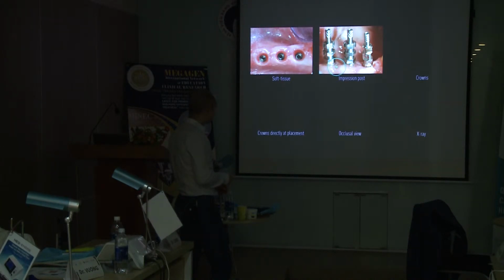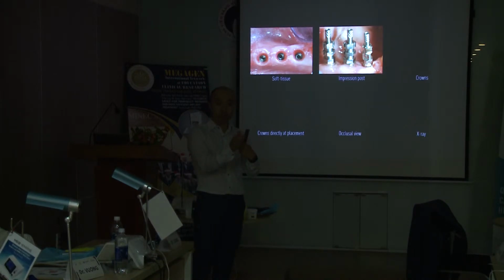Another nice thing is about these impression posts. These are actually the older impression posts. Newer impression posts of magnesium have asymmetrical chambers. Because in this part, and this is like every other implant system, when you place the silicone here, sometimes the silicone doesn't get in the chambers. So after you take out the impression, your impression can move, and that will change the hexagon position of your crown, so it will not be fitted correctly. With the asymmetrical chambers, your silicone will get here, here, here, there's no more rotation of your impression post